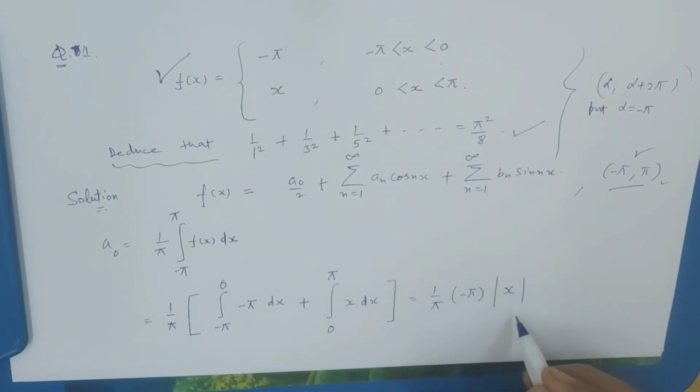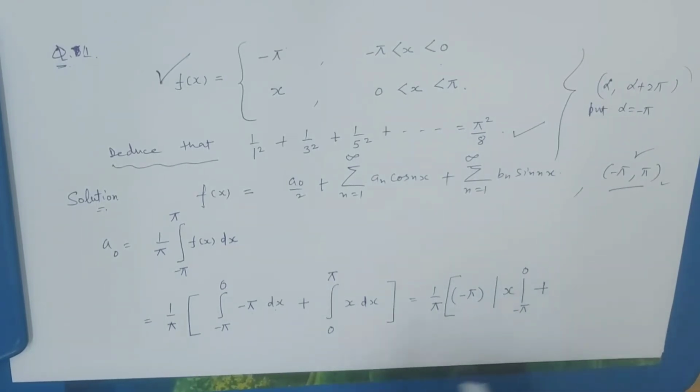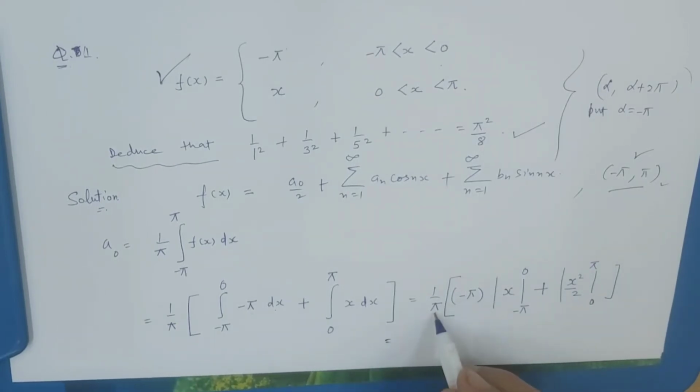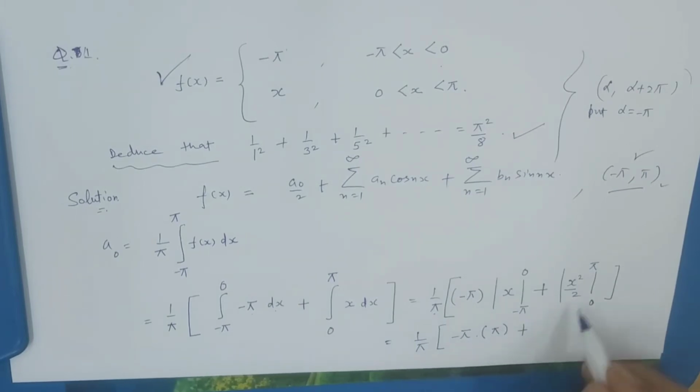लिमिट्स यहाँ पे लग जाएगी माइनस पाई टू 0, ये ओवरऑल कॉमन है, plus here is x square by 2, लिमिट्स आर 0 टू पाई। अब इसको थोड़ा सॉल्व करेंगे, here is 1 upon pi, पहले लिख ही लेते हैं इस टाइप से, minus pi upper limit that is 0 minus of that is plus pi square by 2 minus lower limit that is 0, we will get minus pi square plus pi square by